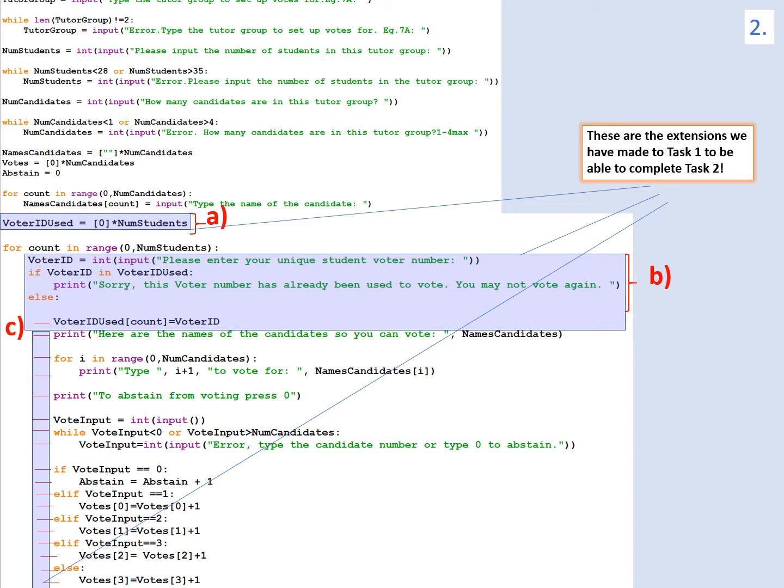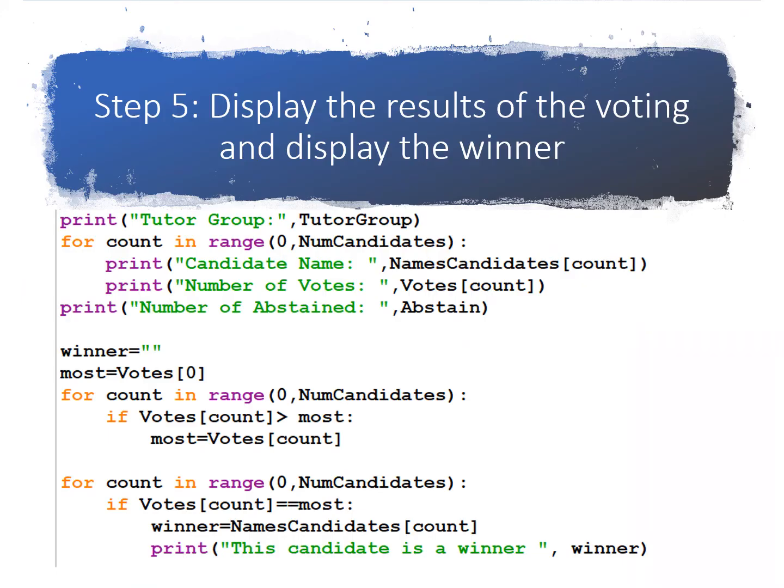So this is exactly the same code from task 1. The only thing we've done is we've added A, and we've added B in the correct place, and we've pushed all the code in C so that it's indented inside this else. After that, of course, we have the end of task 1, which is the tutor group printing out the names of the candidates and how many votes each candidate got. So if you run that simple code,